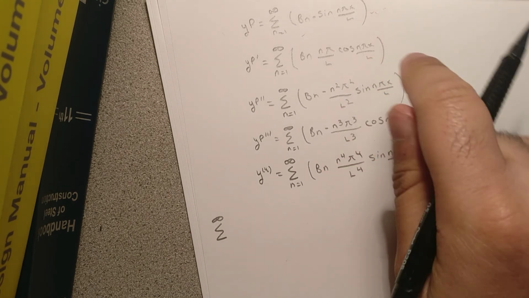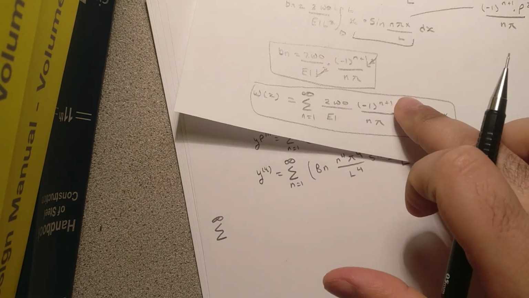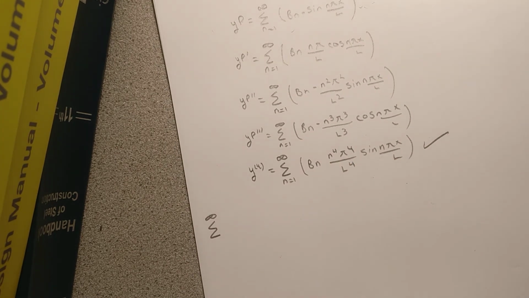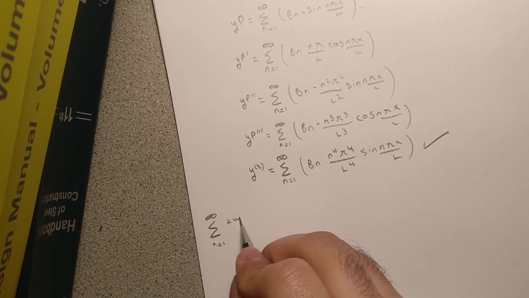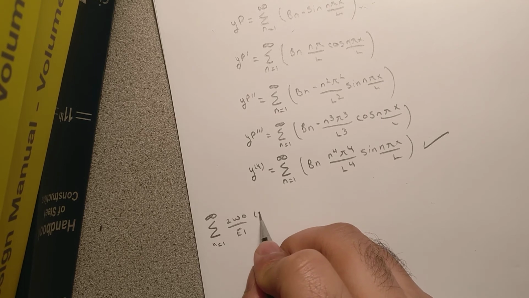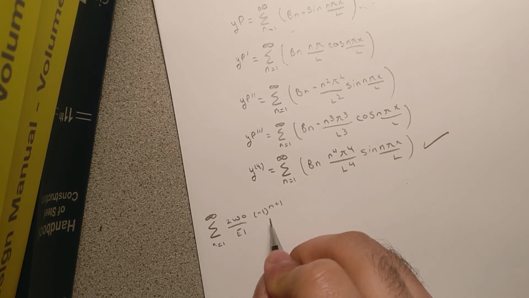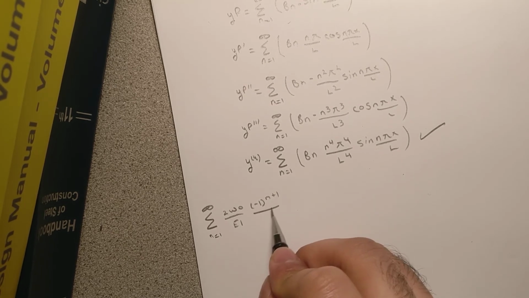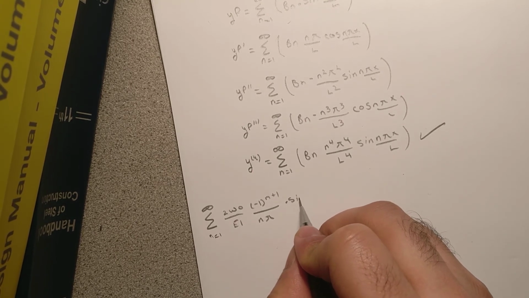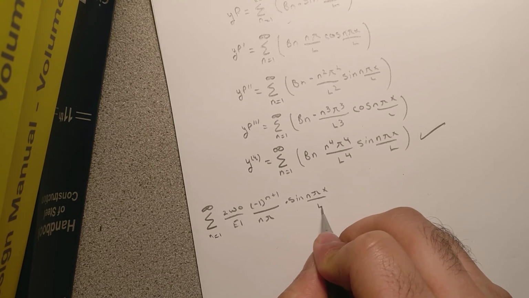Basically, we're going to take this, make it equal to this, and solve for bn, and then we'll be done. So summation n equals 1, 2 w naught over EI, negative 1 to the n plus 1, over n pi times sine n pi x over L